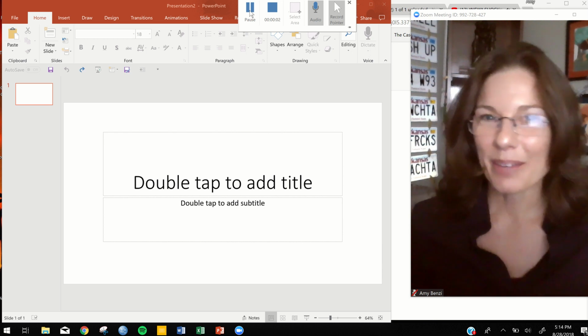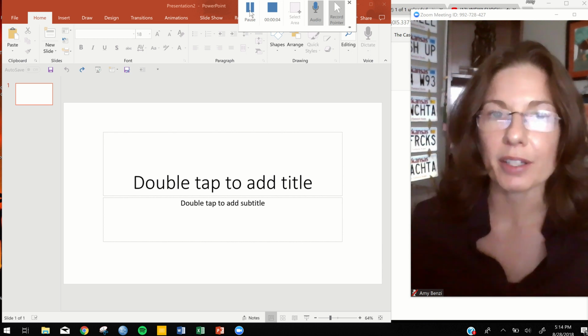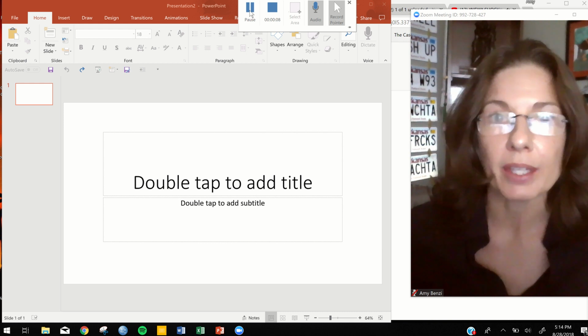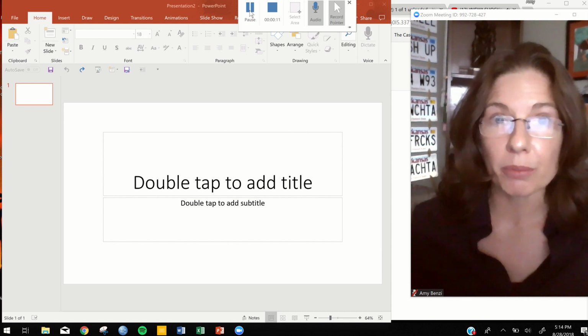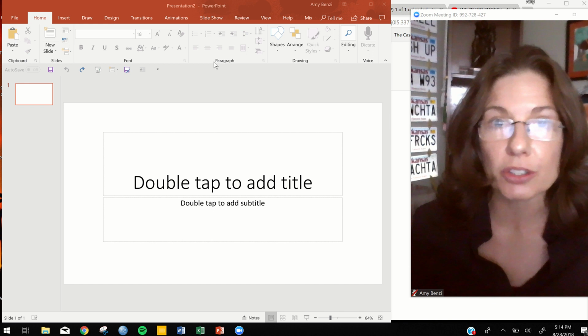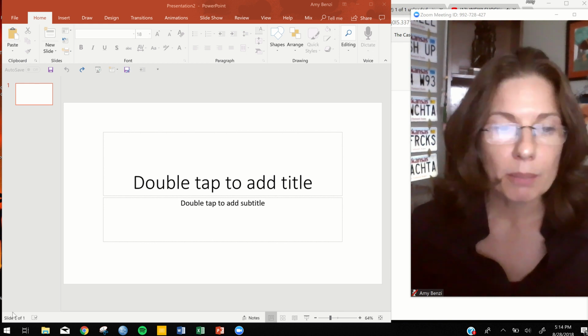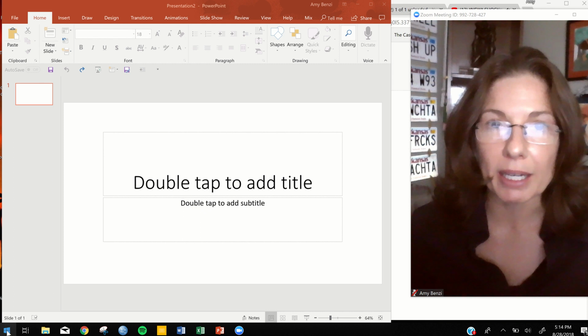Hello again. I'm going to make you a quick video on the basics of PowerPoint and how to make and upload a Zoom video. To get started in PowerPoint, one of the most significant tools that you have is called a snipping tool. You find your snipping tool by clicking on the Windows icon at the bottom left-hand corner of